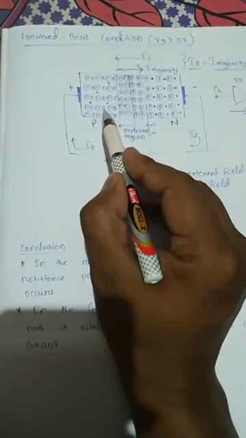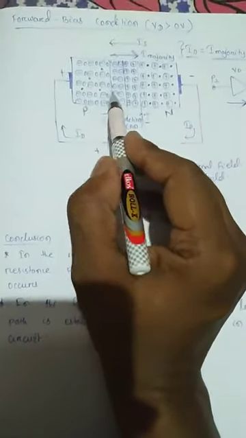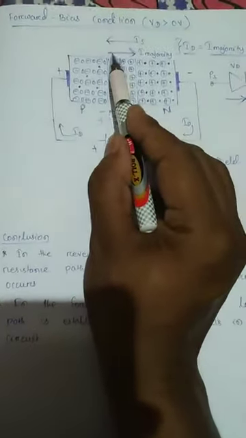That means the majority charge carrier holes from the p side will move to the n side, and the majority charge carrier electrons from the n side will move to the p side. So there will be flow of the majority charge carriers. As a result, what happens? The current due to the majority carriers will flow. That means the current due to the majority carrier also flows in this direction, I majority.